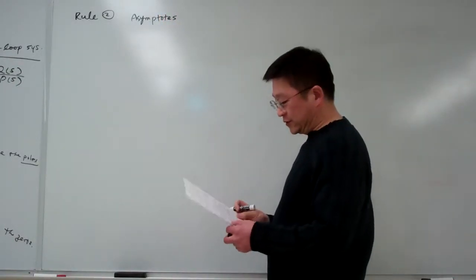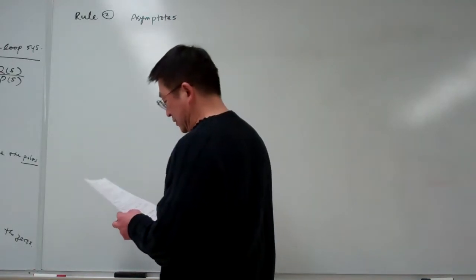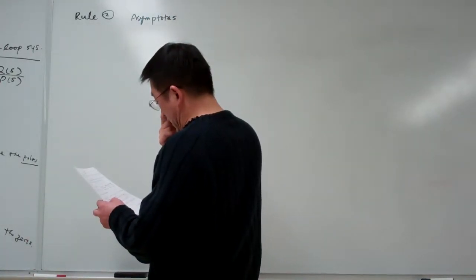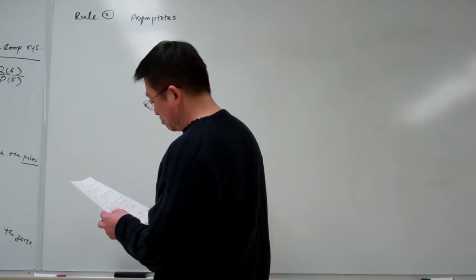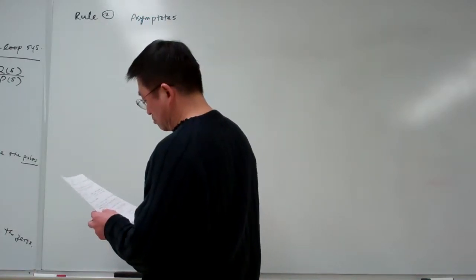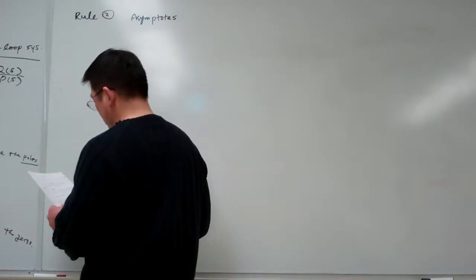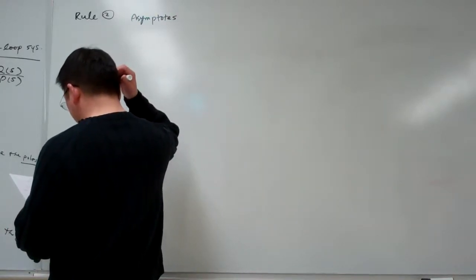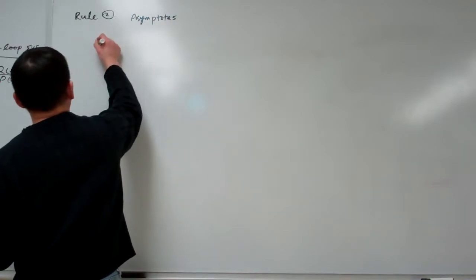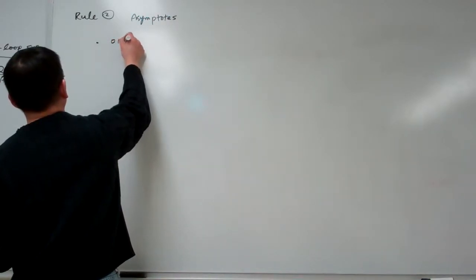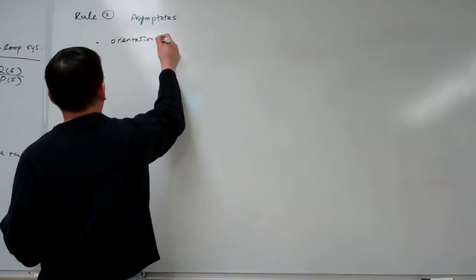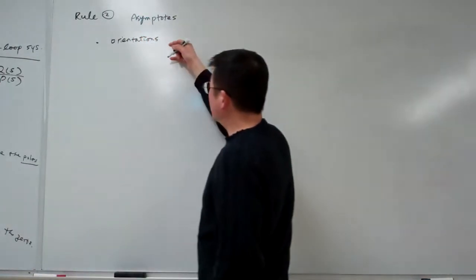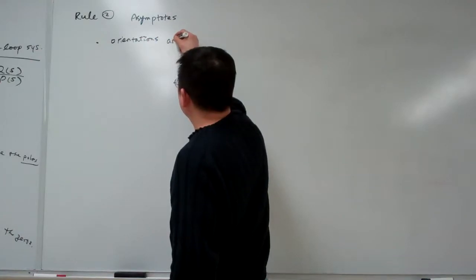The asymptotes basically are this. The first one is the orientations. The orientations of the asymptotes are given by